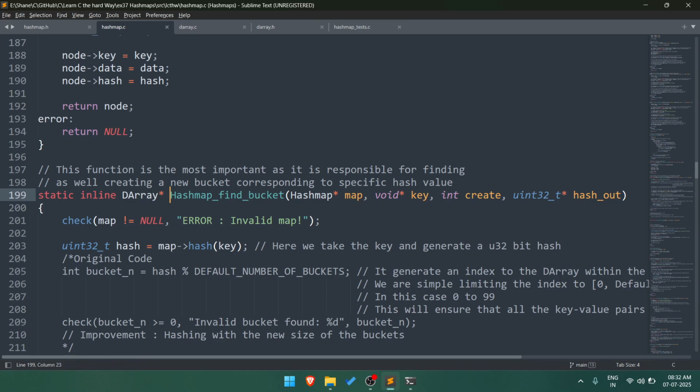Hash map. Okay, so it uses internally hash map find buckets. Okay, so I can just use